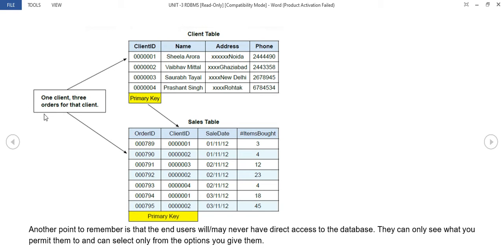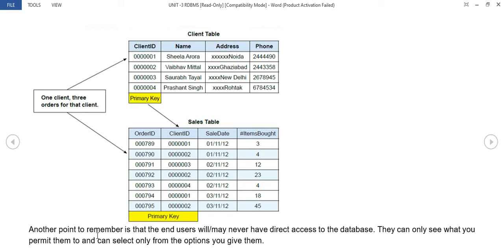And when you are connecting two tables, and if you are giving the sales table, that primary key will be considered as a client ID here, and in the sales table there will be a unique order ID, so that will be considered as a primary key. Both will be considered as a primary key.